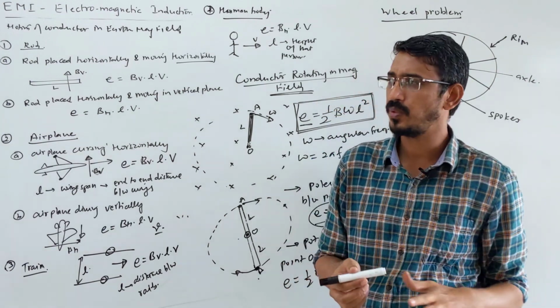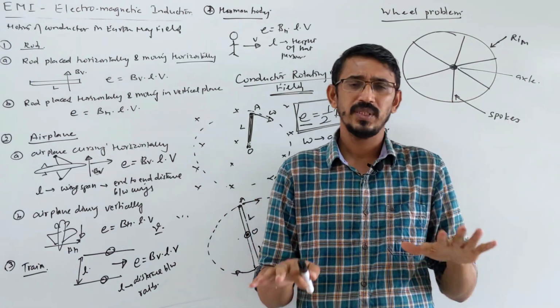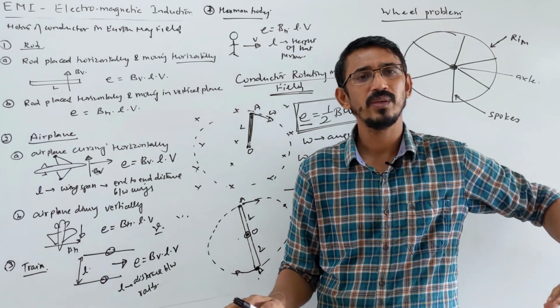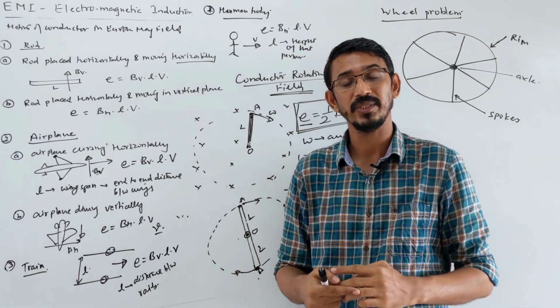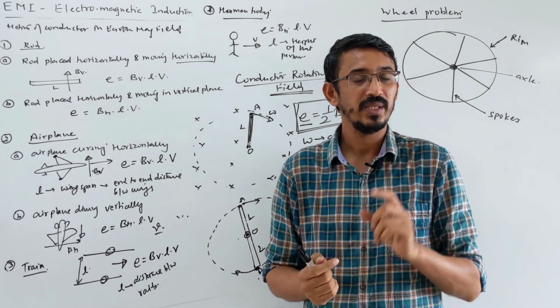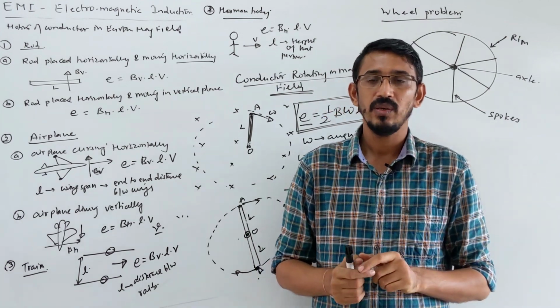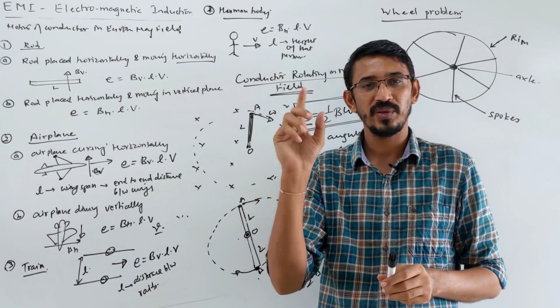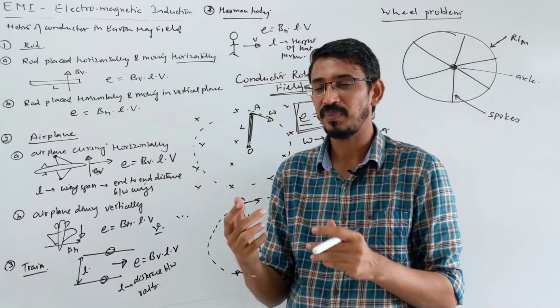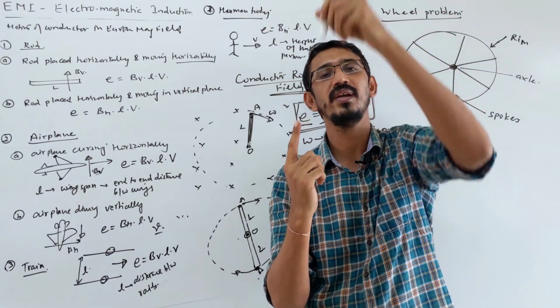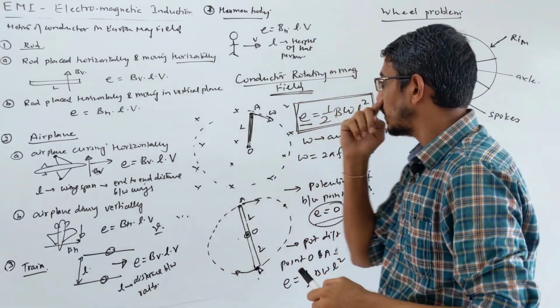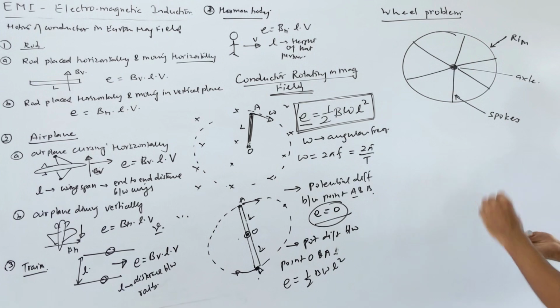Okay, simple example. Suppose some vehicle is moving on a horizontal road. Then the wheels are rotating in which plane? Vertical plane. So we need a horizontal field to cross them. Then we need the BH component. Or you are spinning something like a book in your hand, like a plate, you can spin it in your hand. That will be in which plane? Horizontal plane. So you need a vertical field to cross it. Okay, so what I'm saying, suppose this is a wheel.